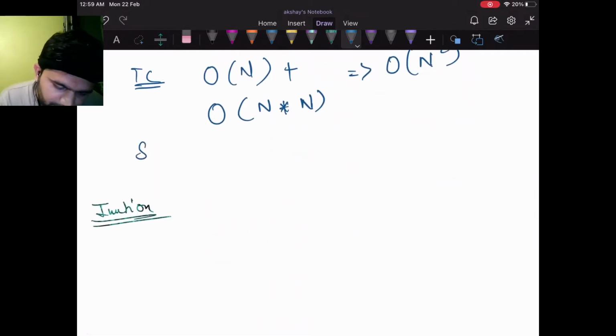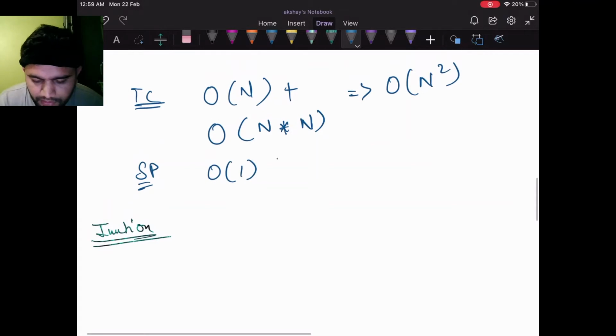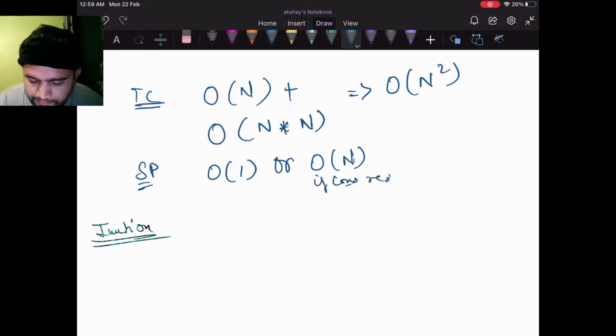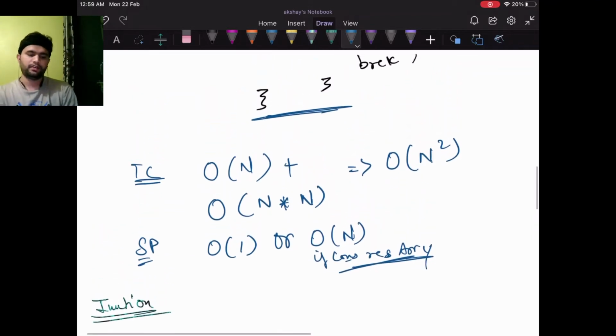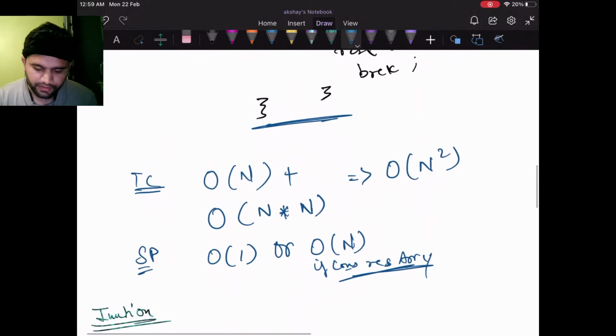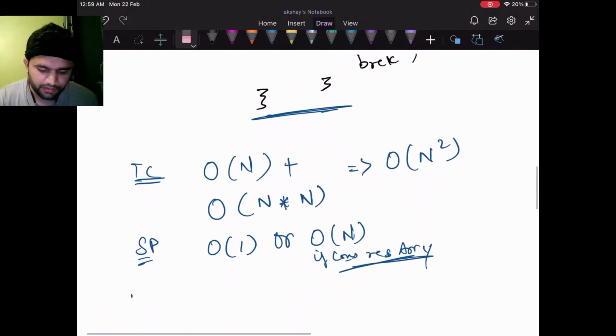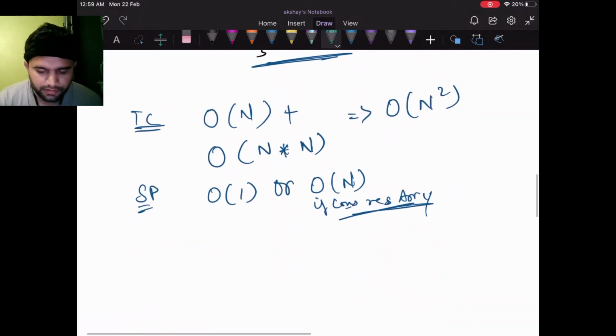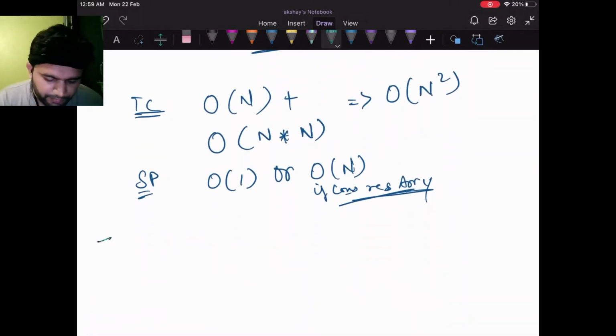The space complexity would be either big O of 1 or big O of n if considering the result array, because other than that we haven't used any extra storage. Okay, let's see how to improve this.